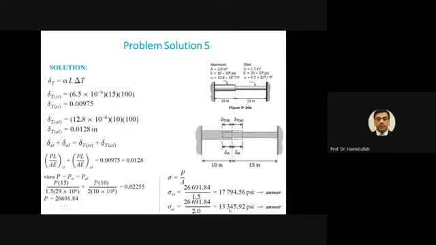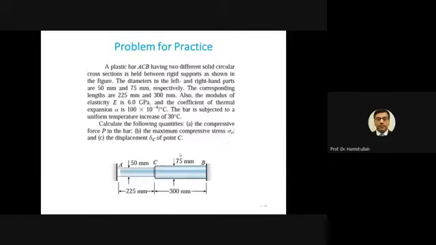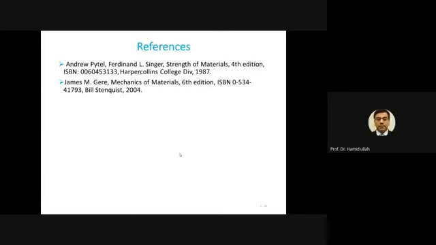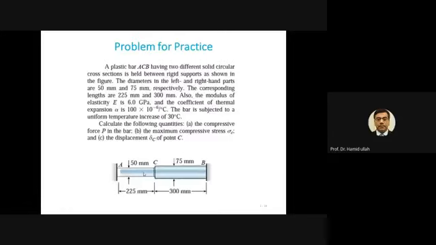You can go for more practice. One already I have provided here basically. This is basically the same type as already explained. This is on the left side, one part, on the right side another part. For the right part, what is given? Dia is given. So when dia is given, you can find out the cross-sectional area, pi d square by 4. For this, dia is given, so from this you can find out the area. Length is given for left and for right, like in the previous.